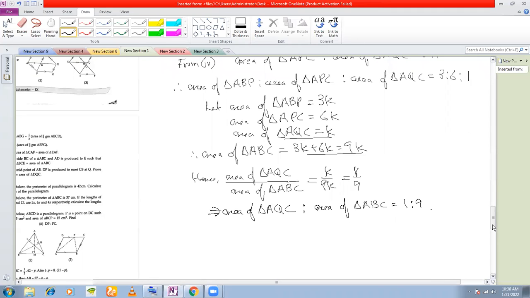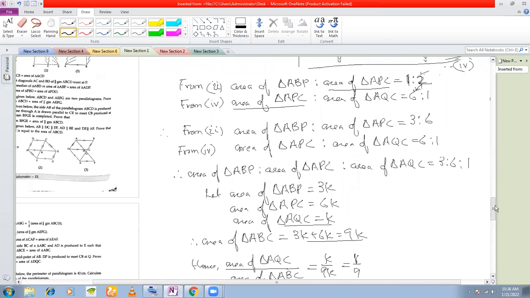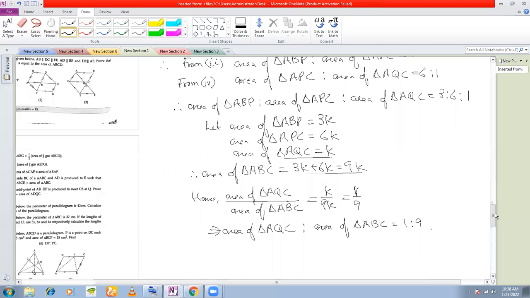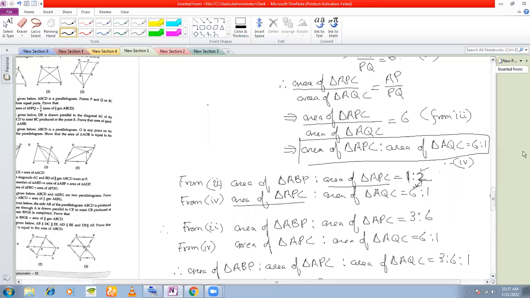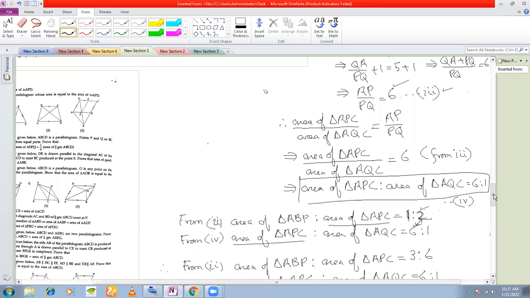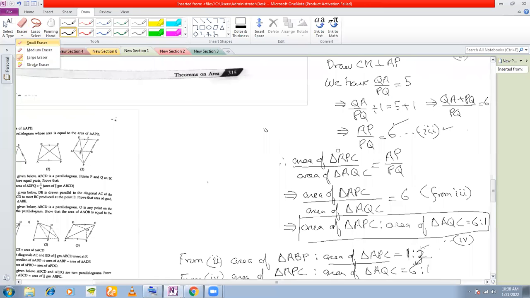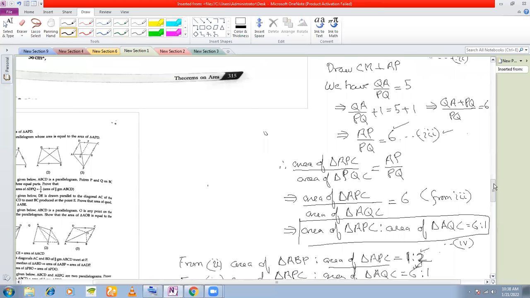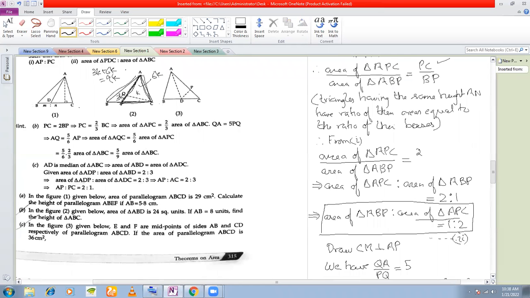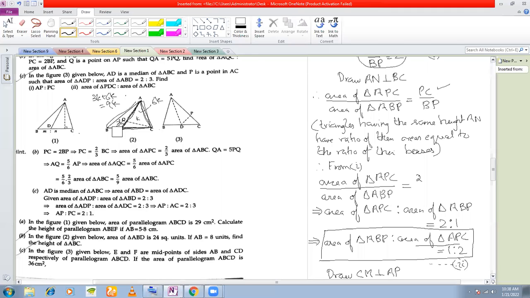So I'll stop here. Excuse me, sir. Tell me. Sir, in the book, the answer is given the ratio is 5:9. 5:9. Just let me check here then. When I'm writing this area here, this should be PQC, isn't it? PQC, right? APC by PQC. Ratio of these two,